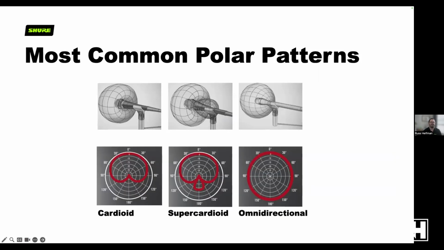All right, and here you can see a little bit better as to what those polar patterns look like, right? If you look at the top row, you can see that you've got really no pickup from the back on the cardioid. And then you do have that little bit of a lobe on the supercardioid in the middle. And then omnidirectional is just picking up all around it. So that gives you kind of the 3D model of everything there, right? And then on the bottom, it's basically showing you just from a different angle what's happening with the pickup pattern,